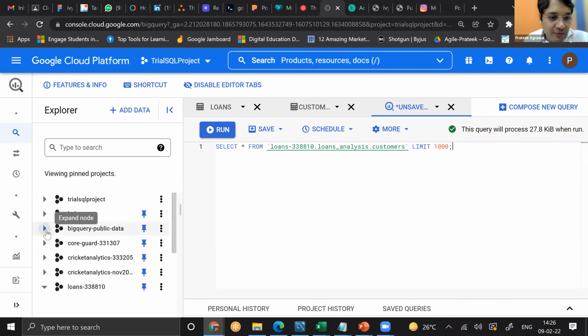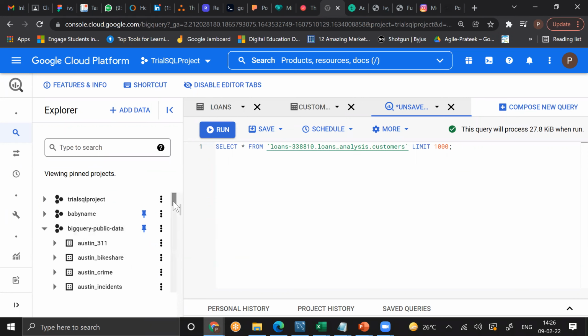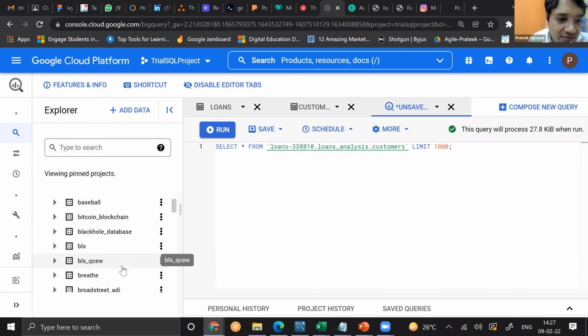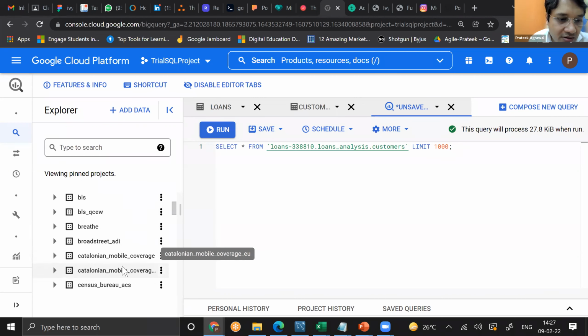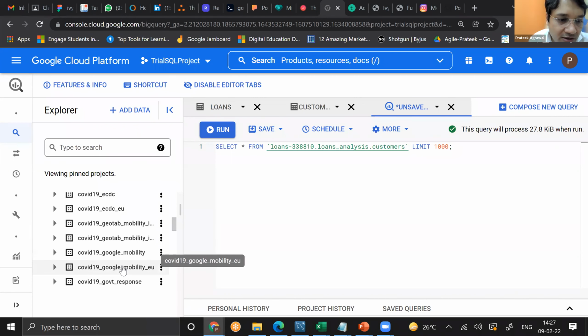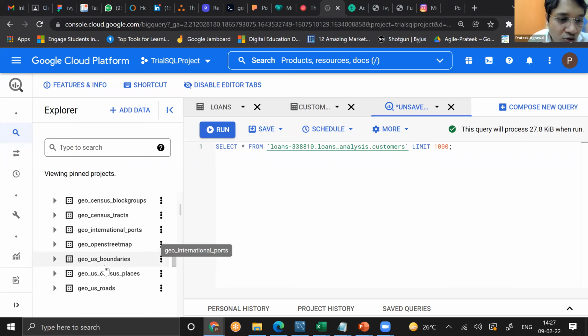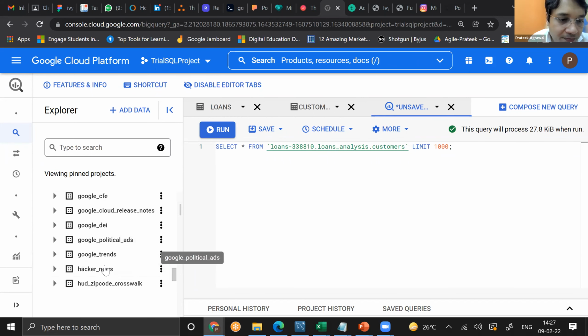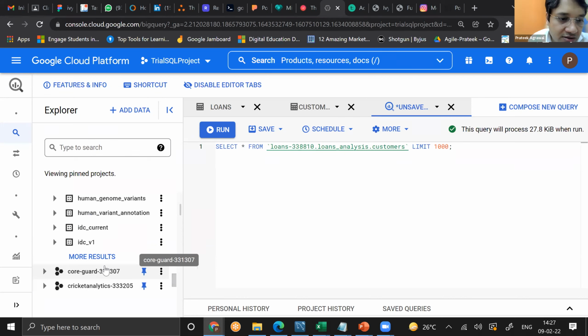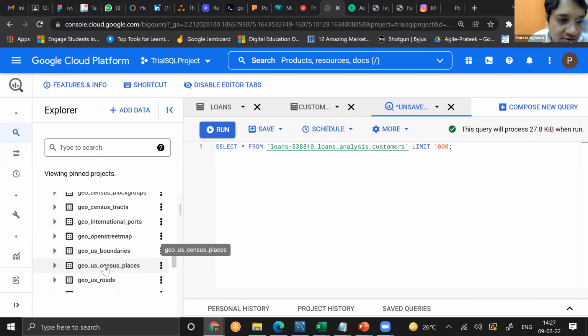Anyway, just to show you, say for example, this baby names dataset. All these are publicly available databases on Google Cloud Platform, and they may have terabytes of data in them. I'll show you how simple queries